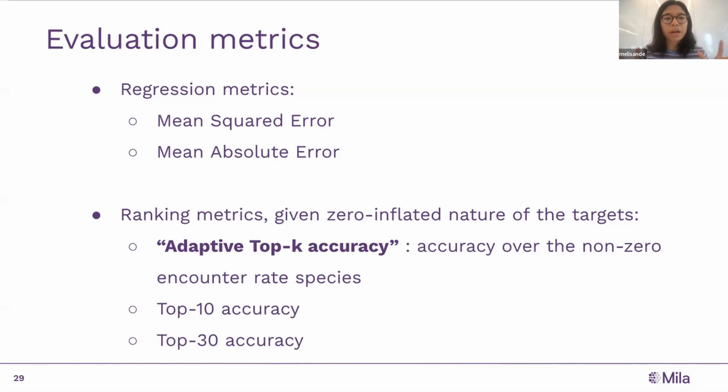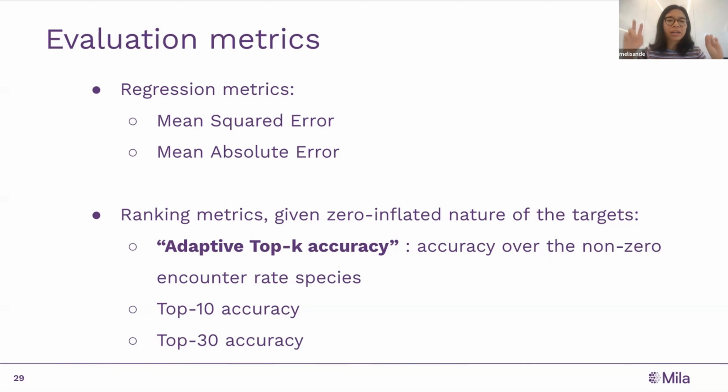As for the evaluation, as I mentioned, this is a regression task because we're predicting the encounter rates of the species. We have the direct probability as being our target. So you have all those traditional regression metrics like mean squared error and mean absolute error. But one thing that we noticed is that in our data set, there are never 670 species present at the same time in a given location. So in your target, at a given hotspot, you actually have a lot of zeros. And so a model that would predict almost zero everywhere would actually seem to have okay regression metrics with mean squared error and mean absolute error.